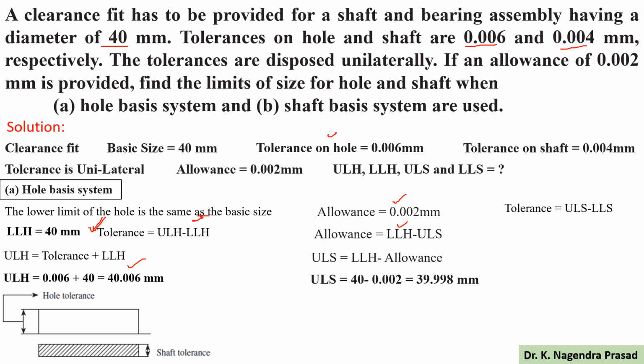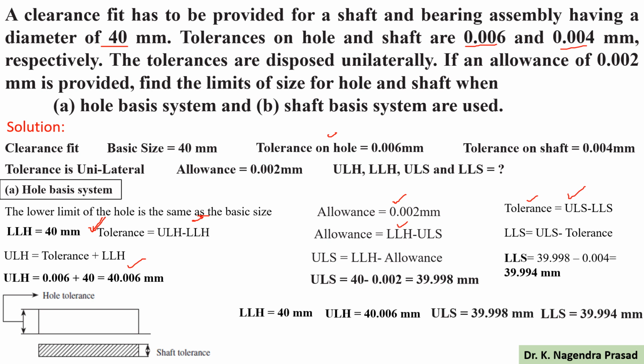So next we determine the lower limit of the shaft. For this I have to use the tolerance on the shaft. Tolerance on the shaft equals the upper limit of the shaft minus lower limit of the shaft. We know the tolerance on the shaft and the upper limit of the shaft. Then lower limit of the shaft equals the upper limit of the shaft minus tolerance, which is 39.998 minus 0.004,